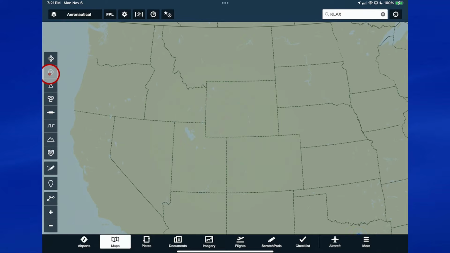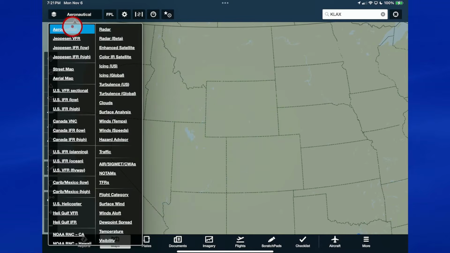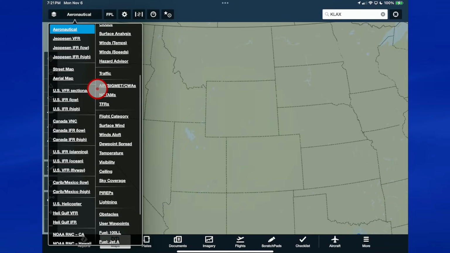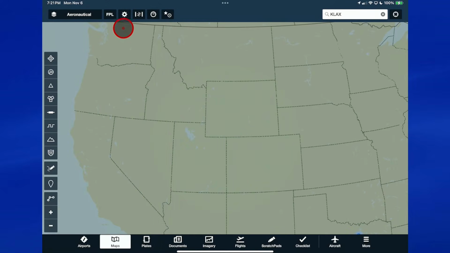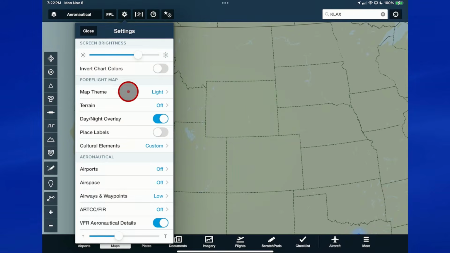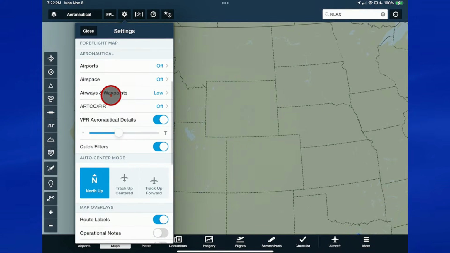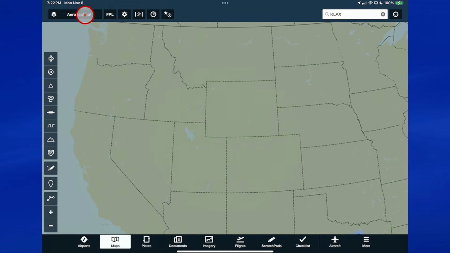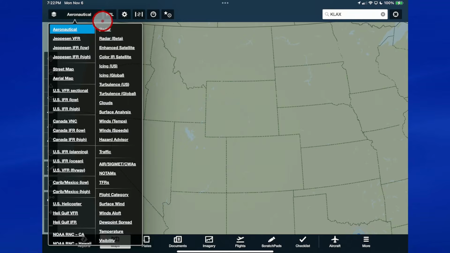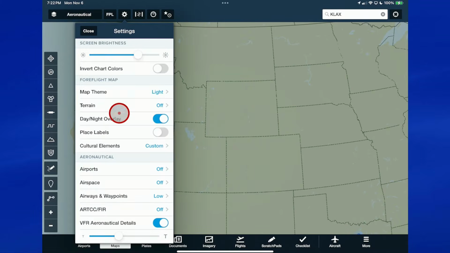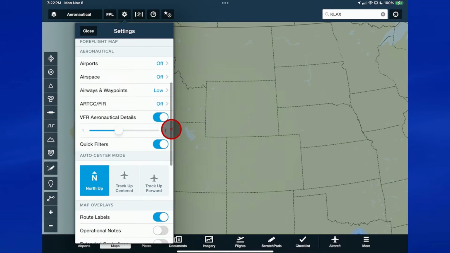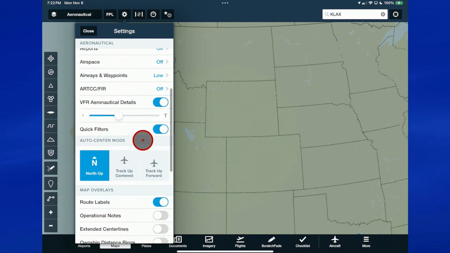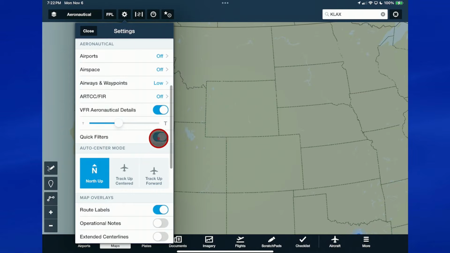If you don't see them, then with aeronautical charts selected, and that's the only map layer that I have selected right now, go to the Quick Settings tab and scroll down to the aeronautical chart settings. You can see them right here. Those will not appear on this settings menu if you don't have the aeronautical layer turned on. So turn on the aeronautical layer, go to quick settings, scroll to aeronautical, and you'll see quick filters right here. If I turn them off, you'll see they disappear, and I'll toggle them back and forth so you can see what's happening.